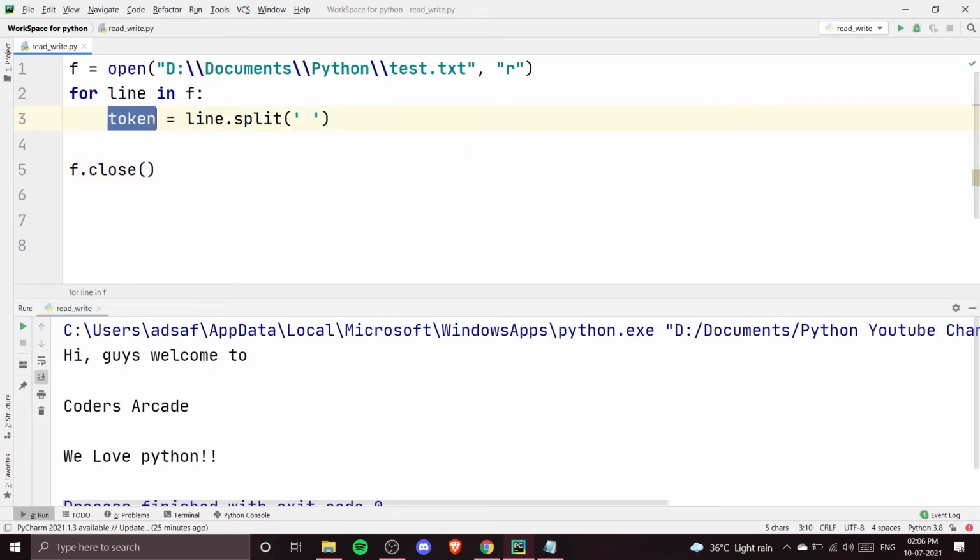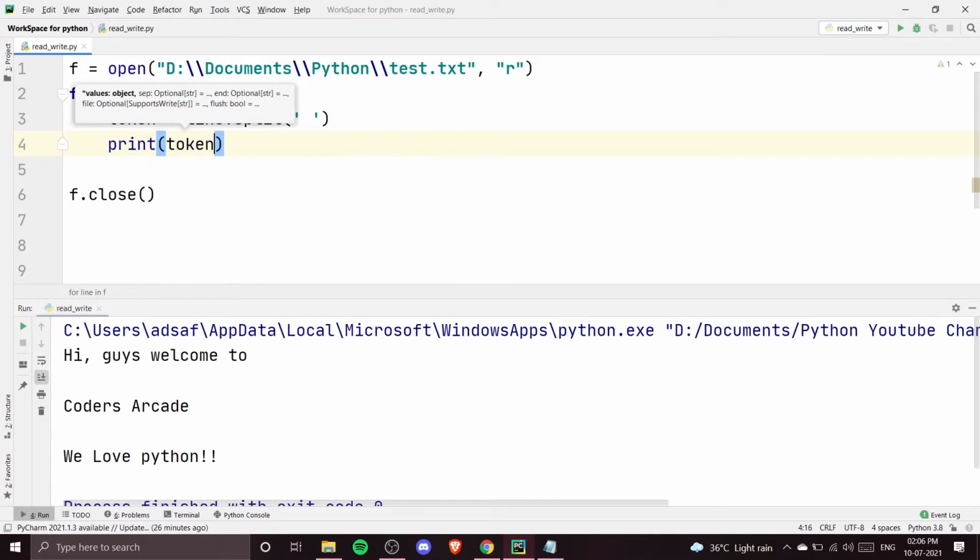Token is nothing but the number of words. All the words separated using split will be stored in this token. So token is nothing but the words in each line, and then we are going to just print these